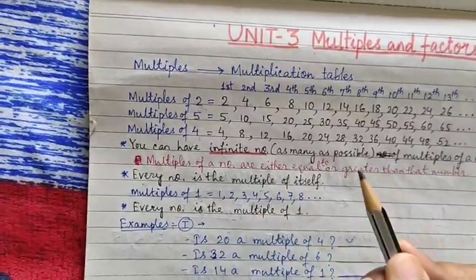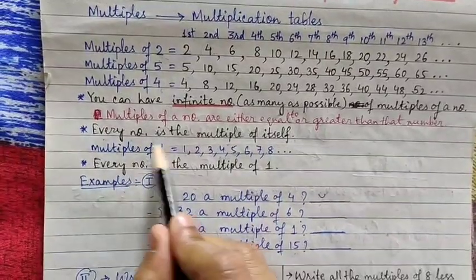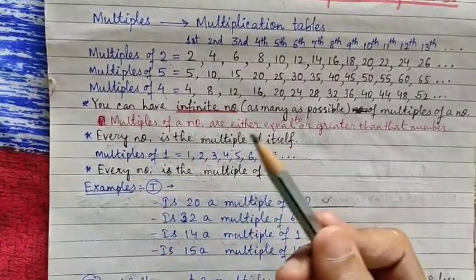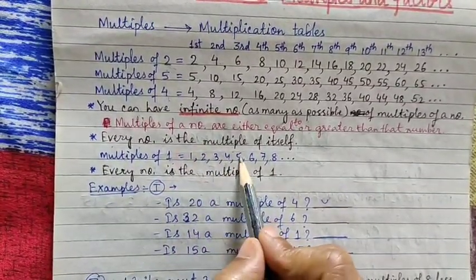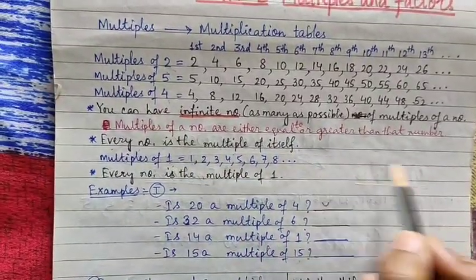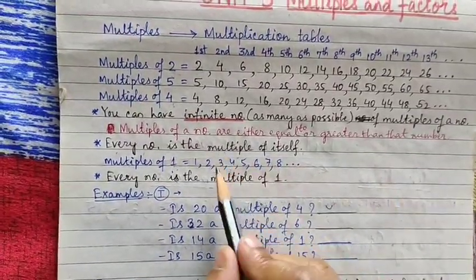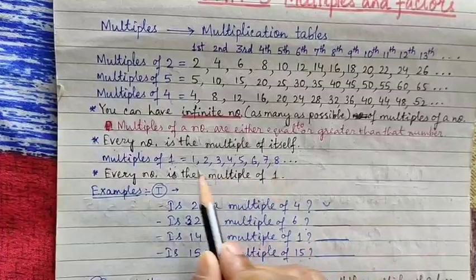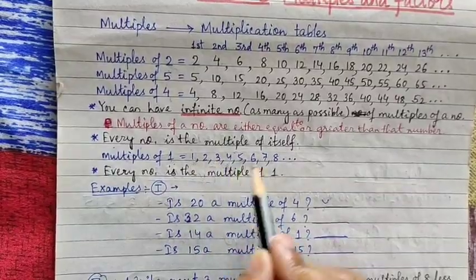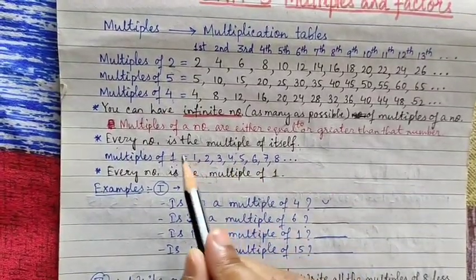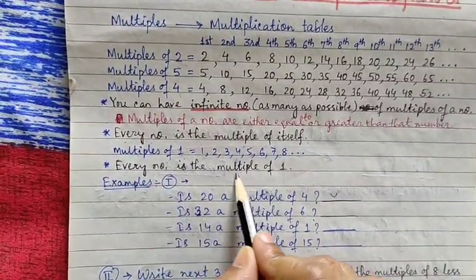Which multiple? First multiple. Similarly, to find the multiples of 1, you have to recite the table of 1. 1 ones are 1, 1 twos are 2, 1 threes are 3, 1 fours are 4, 1 fives are 5 and so on. Suppose the 100th multiple of 1, 100 ones are 100, and you can find as many multiples. But you see, in the list of multiples you can find all the counting numbers. Okay, that means सारे counting number, every counting number is a multiple of 1. From that we can conclude every number is the multiple of 1.